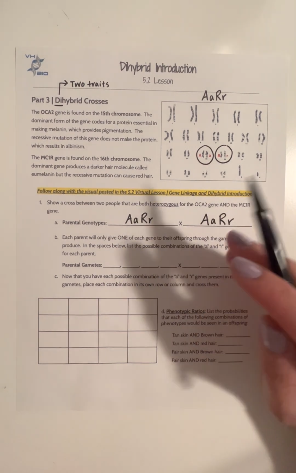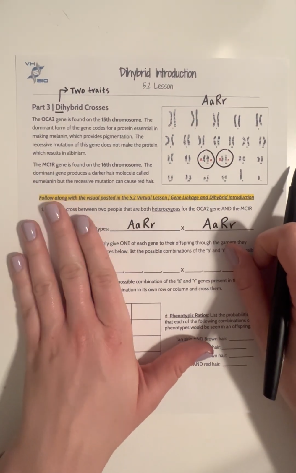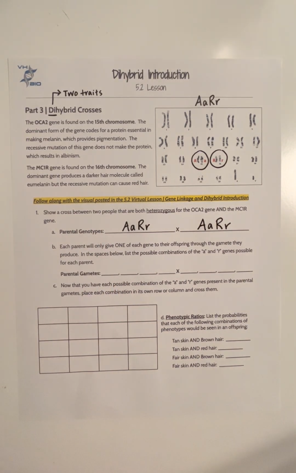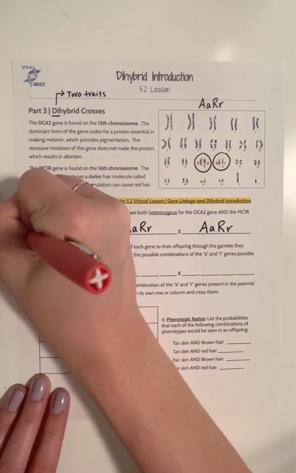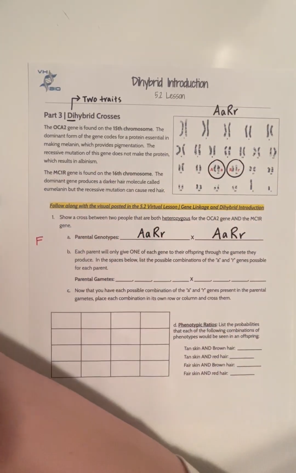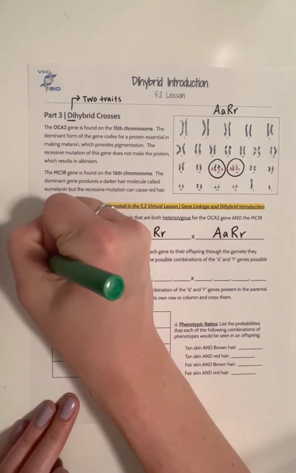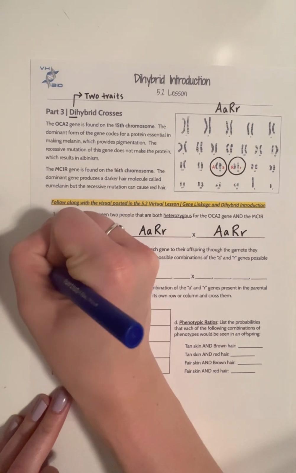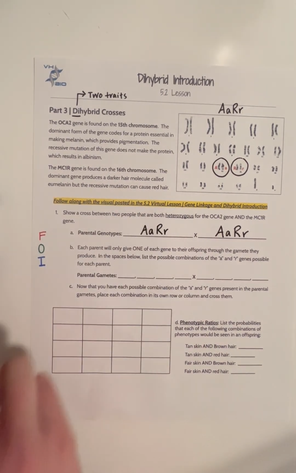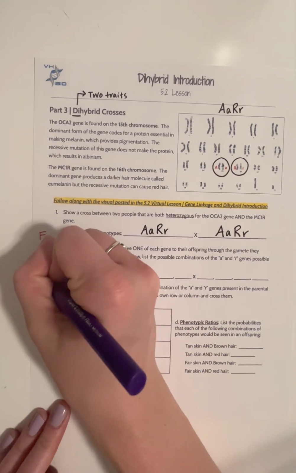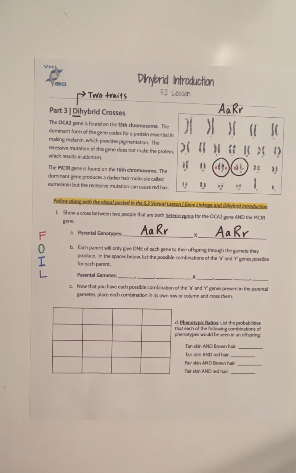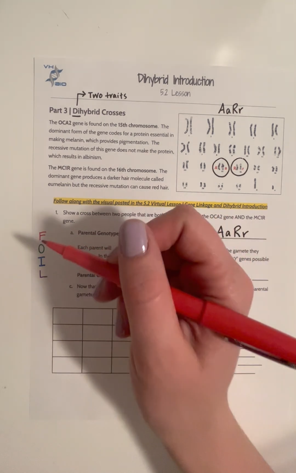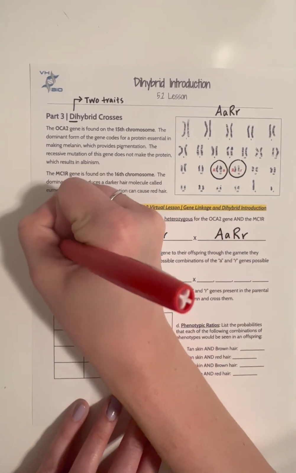We've been used to looking at one trait at a time, but now, looking at two, we have to come up with the different combinations that each gamete could be carrying. A really important concept that I'm sure you've heard about in your math classes at some point is FOIL. We are going to FOIL the different combinations to figure out what our gametes are. So we need to remember first what FOIL represents. When we look at FOIL, we're talking about first,